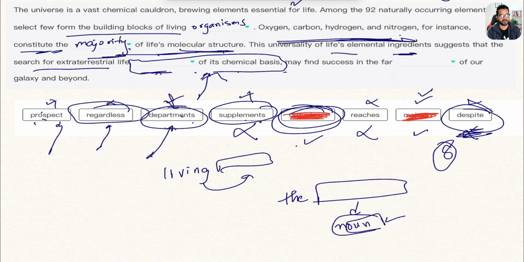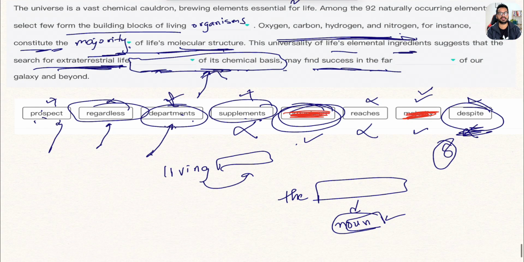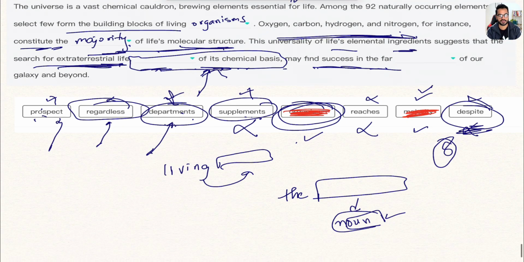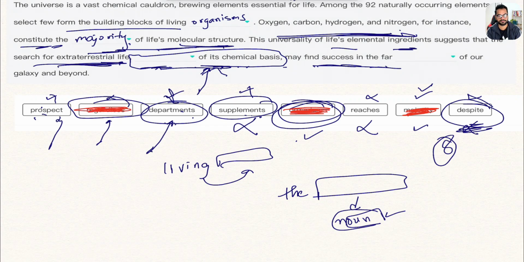If you read it out again, universality of life's elemental ingredients suggests that the search for extraterrestrial life, regardless of its chemical basis. So all they're trying to say is, doesn't matter what their chemical basis is, the search for extraterrestrial life may find success in the far something. So doesn't matter what chemical basis it is, it will still find success. So that is the meaning over here. And again, regardless is gone. And the last option, last blank I have is